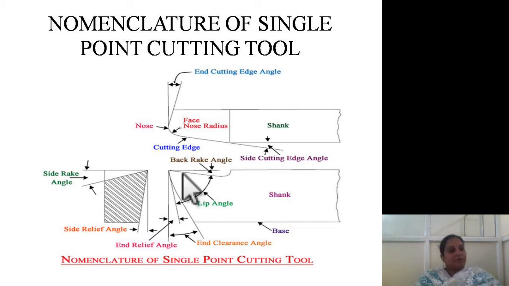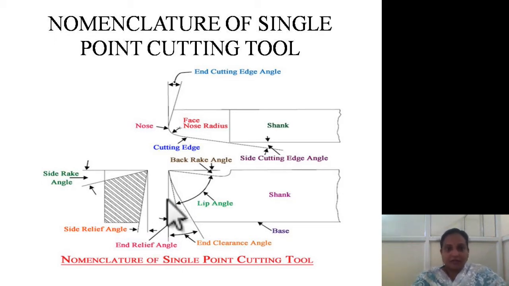Depending upon the type of material we are using, the tool, feed speed and depth of cut, we choose which type of rake angle is required. Next, here you have the clearance angle, end relief angle, and end clearance angle. All these relief angles, including the side relief angle, are for making a smooth movement of the tool over the workpiece, so that there is easy movement of the chips, and it also avoids irregularities.